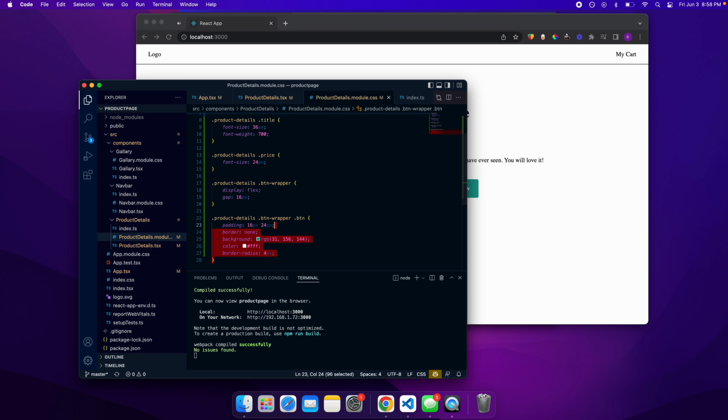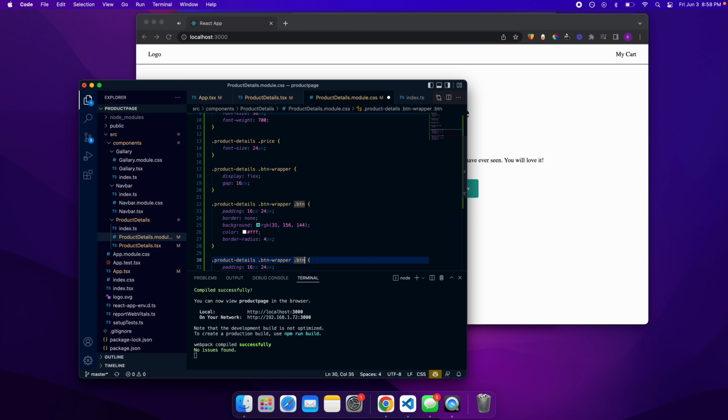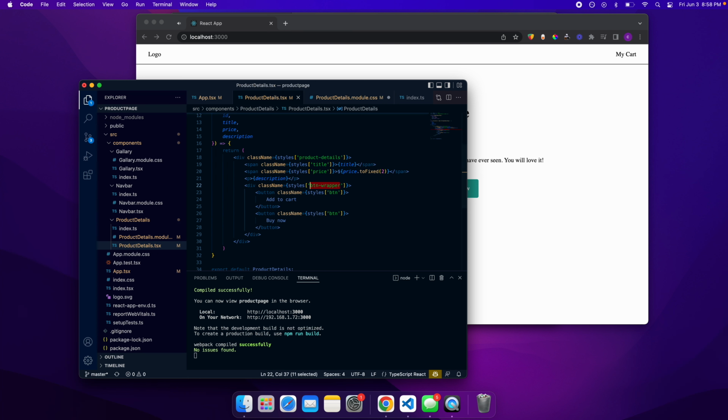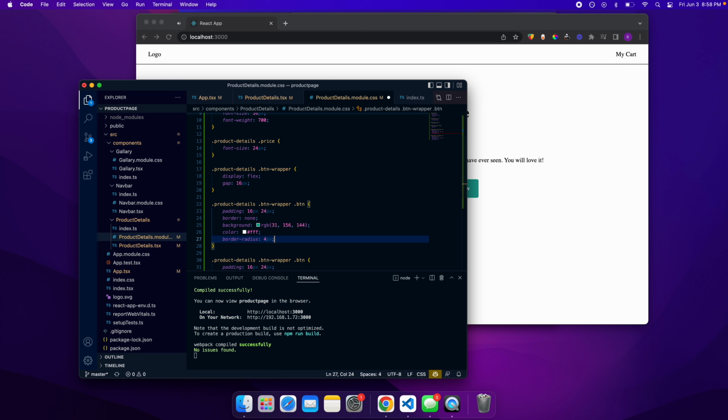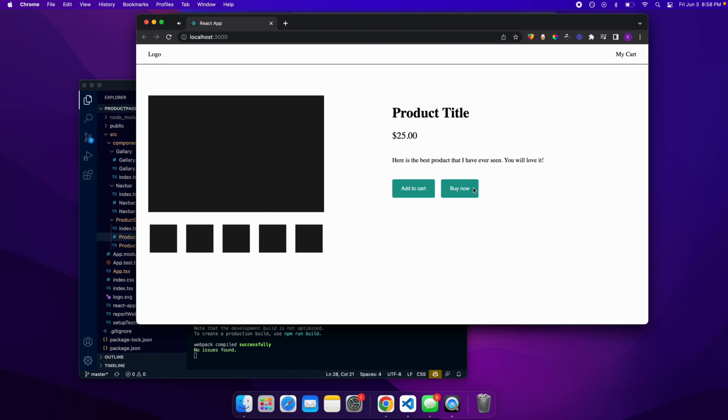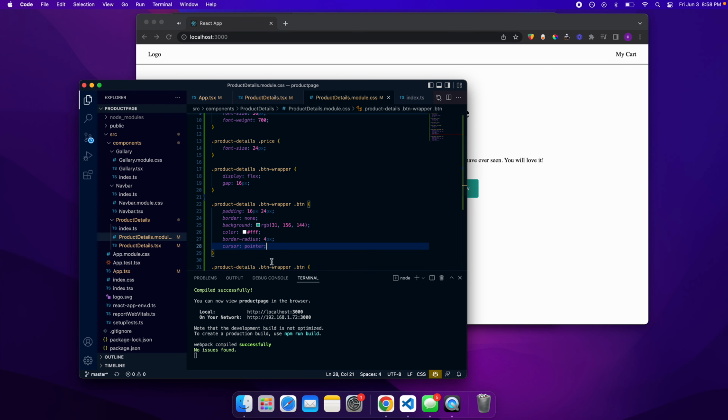And yeah, so this is a good base styling now for our buttons. And what I'm going to do next is I'm going to give this second one, actually no, I'm going to leave this one alone. Oh, and we've got a couple other details we need to iron out. So we want to give it a pointer cursor, so when you hover over it, it has this pointer, this cursor design. Okay, and so the next thing we want to do is give it a transition 0.25 seconds, and we want